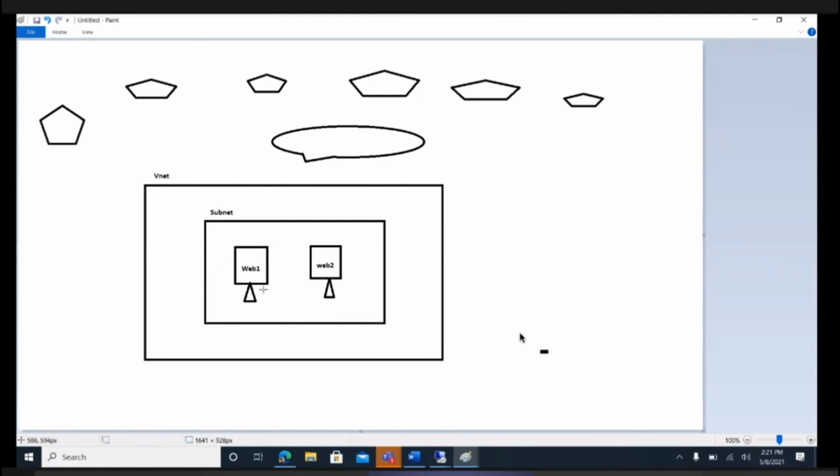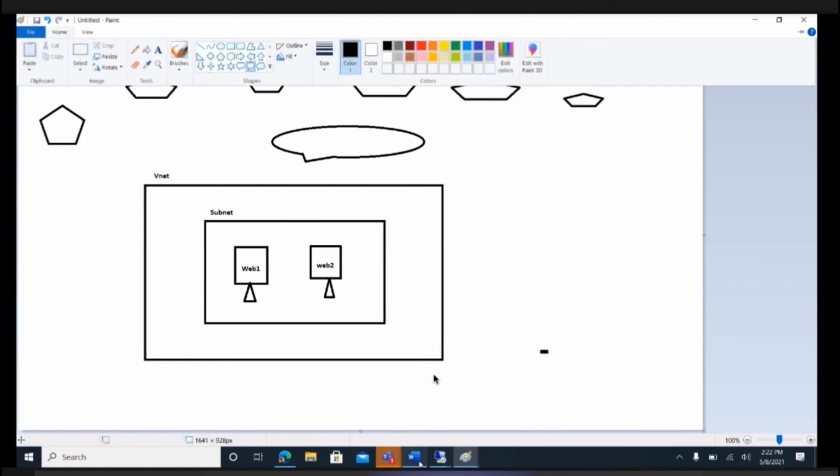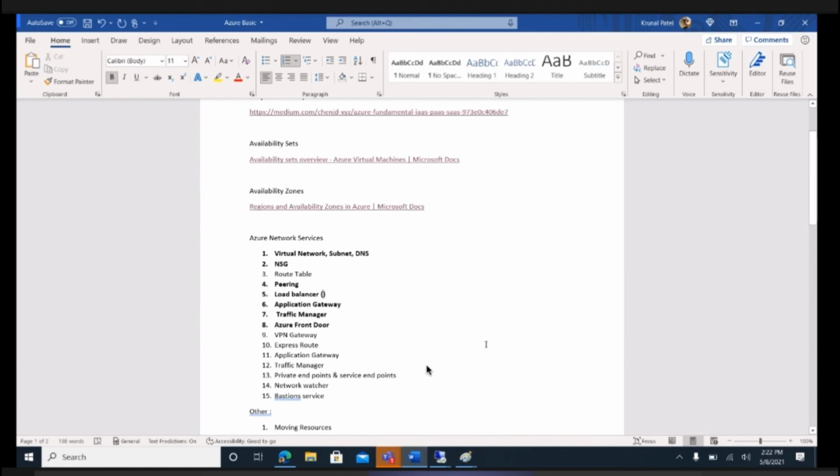So what you can do if you want to achieve redundancy, in case anything goes wrong with your application, with these virtual machines, operating system, anything can happen. Let's say this virtual machine is not responding. So how can you forward all this traffic to the second virtual machine? So you will have 100% availability of your service.